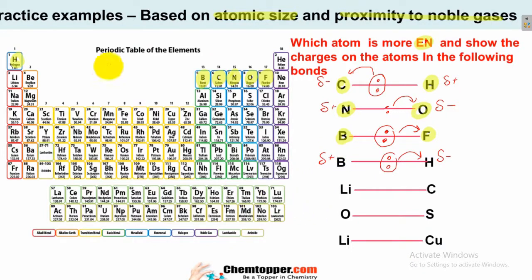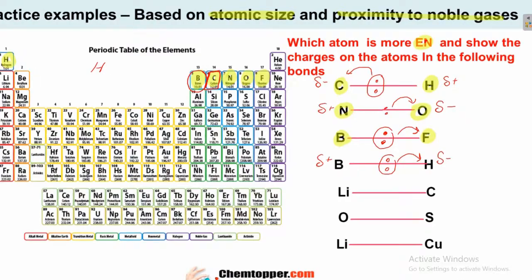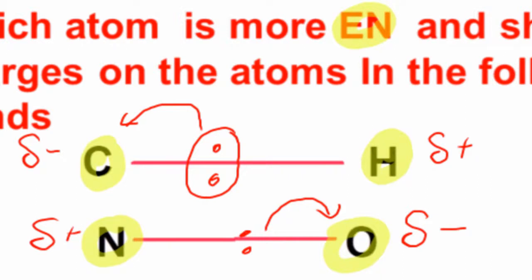Actually, hydrogen is less electronegative than carbon but more electronegative than boron. This is the point which you have to remember also, because you can see the boron hydrogen bond in many organic reactions. So you need this information in many mechanisms. In boron hydrogen bond, remember, hydrogen has a partial negative charge and boron has a partial positive charge. Whereas in carbon hydrogen bond, hydrogen has partial positive and carbon has partial negative charge.